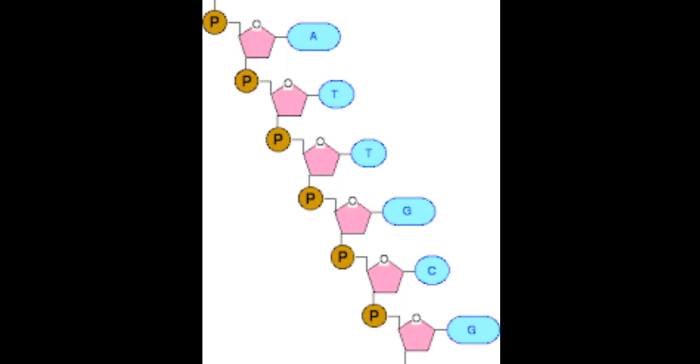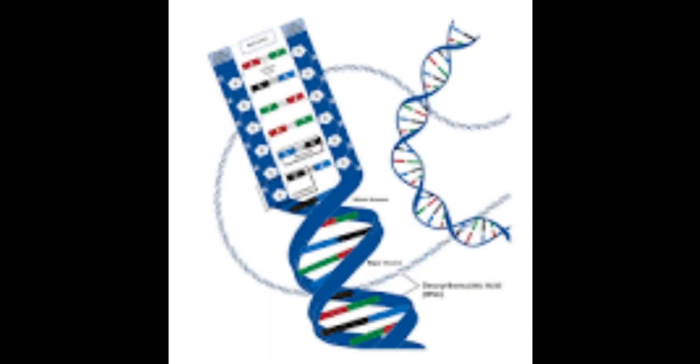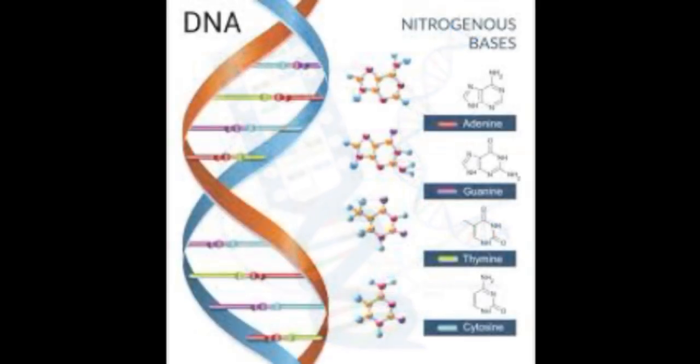So in this way polynucleotide chains are formed. 2 chains are formed anti-parallel and they join together by hydrogen bonds and a double helical structure is formed. The outer part is formed by sugar and phosphate, and the inner ladder-like structure is formed by the pairing of purine and pyrimidine. There are 2 hydrogen bonds between A and T and 3 hydrogen bonds between G and C. Purine always pairs with pyrimidine.